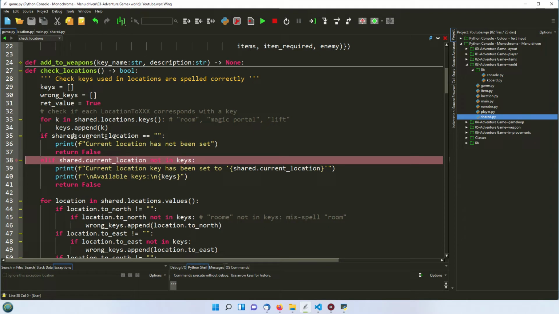If the shared current location has not been set, it'll send you this warning that the current location has not been set, and then return false. So this will stop the game from running because you don't know where you are. Again, more important when we're reading it in from a file. If you're writing your own file to run the game, if you don't set where its starting location is, it's going to error out. Next thing to check is whether